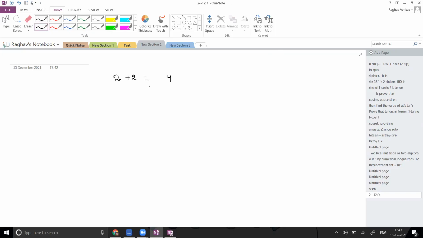To understand the equality, suppose I add 2 to both sides, what will happen? LHS will be equal to RHS. The meaning of the statement won't change. You will get 6 is equal to 6. If I subtract 2, 2 is equal to 2. If I divide by 2, 2 is equal to 2. If I multiply by 2, 8 is equal to 8. If I multiply by minus 2, minus 8 is equal to minus 8. If I divide by minus 2, minus 2 is equal to minus 2.